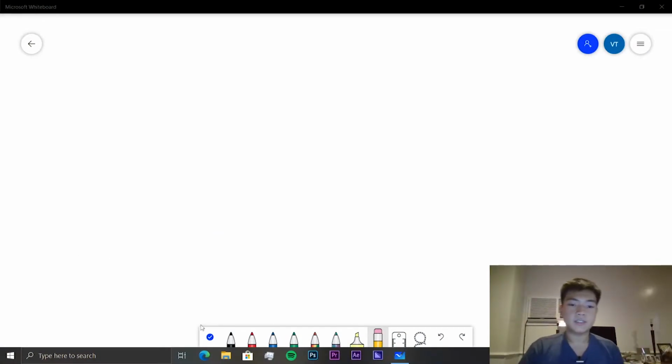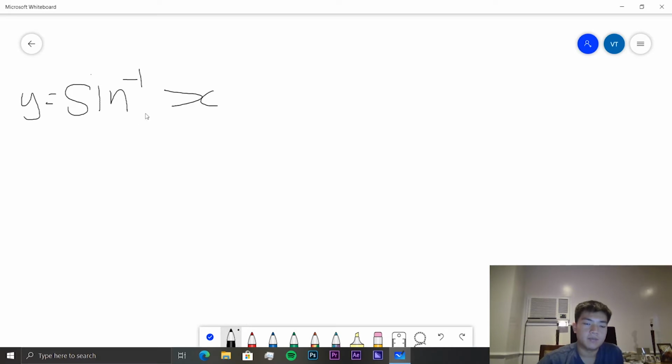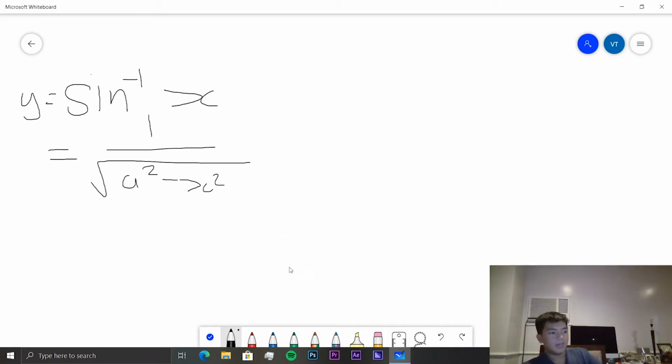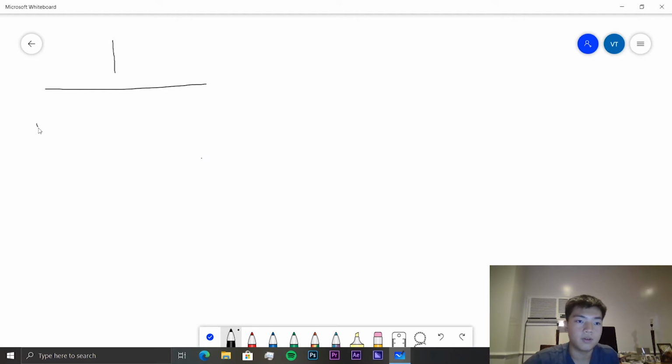The first thing is, remember if we get the derivative of an inverse trigonometric function, it normally looks in the form 1 over the square root of a squared minus x squared. So we can use this in reverse in integration. So if we have some integrand of the form 1 over the square root of a squared minus x squared,